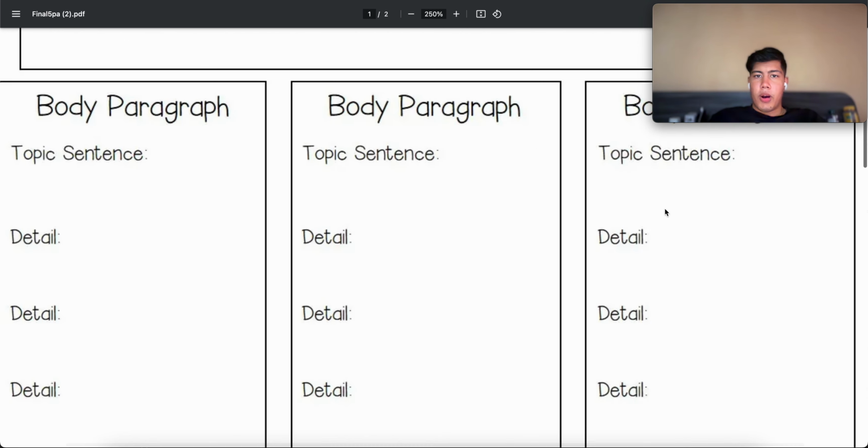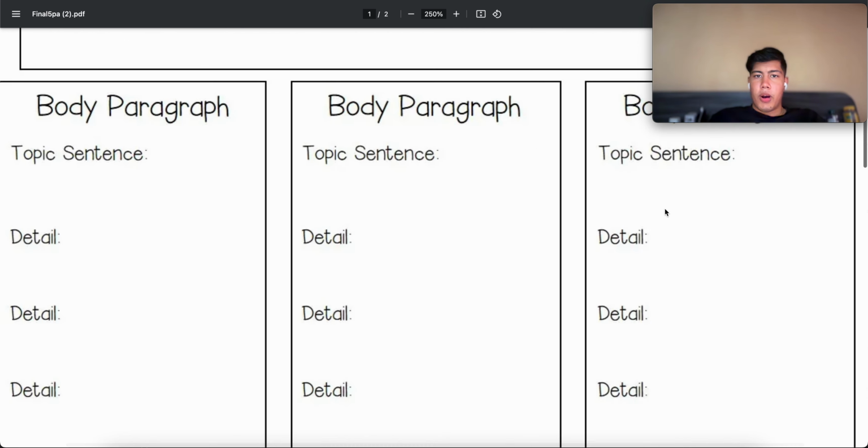So your topic sentences should correspond with the main ideas you bring in your thesis. So I said the warm weather. So for my first topic sentence, for my first body paragraph, I wrote about the weather. And then all my details were about the weather. For my second paragraph, I wrote about beautiful flowers because I mentioned beautiful flowers here. And then my details are related to the beautiful flowers. And then if I had a third paragraph, it would be related to the activities. And then I would write the details about the activities.